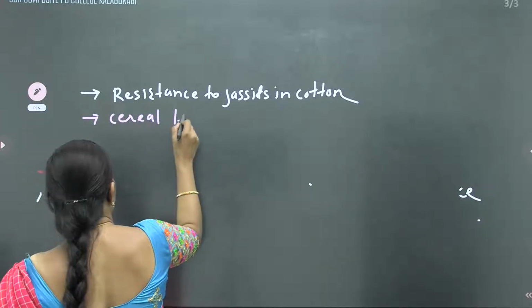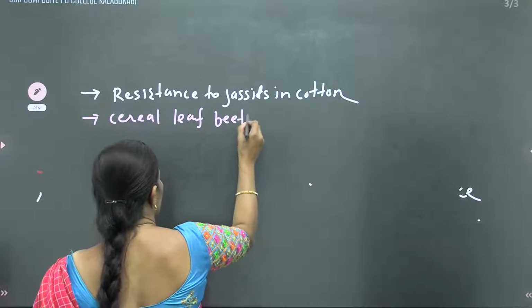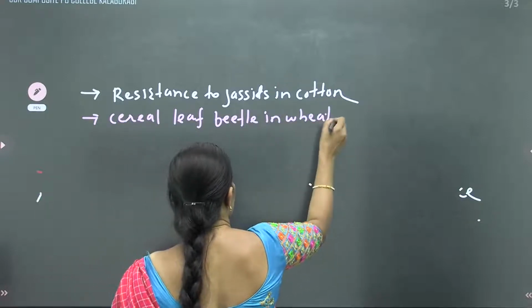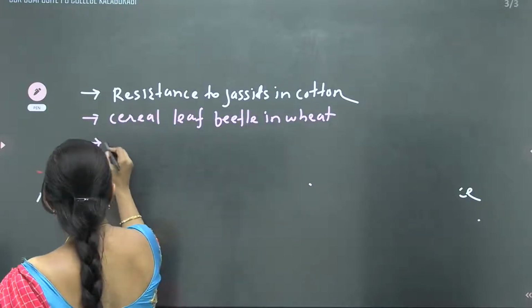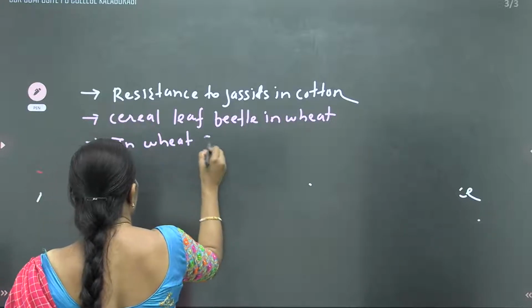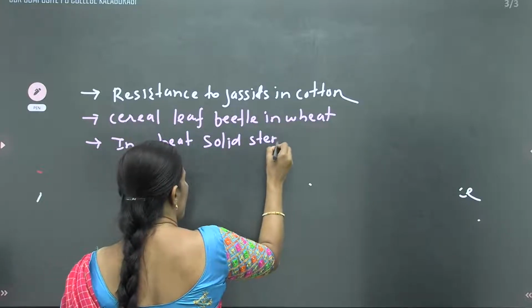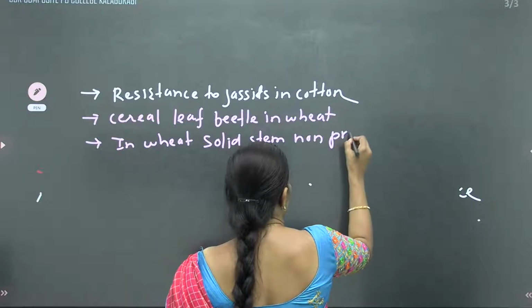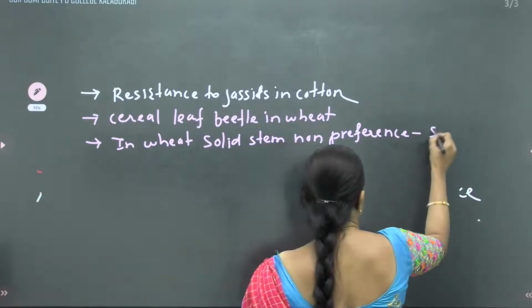cereal leaf beetle in wheat, solid stem, non-preference by stem sawfly,